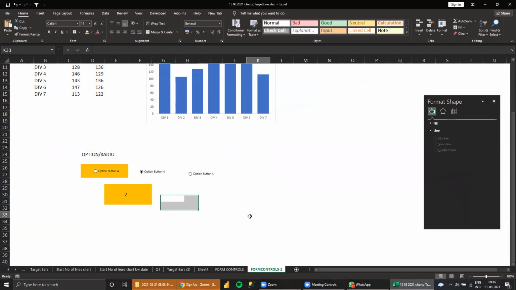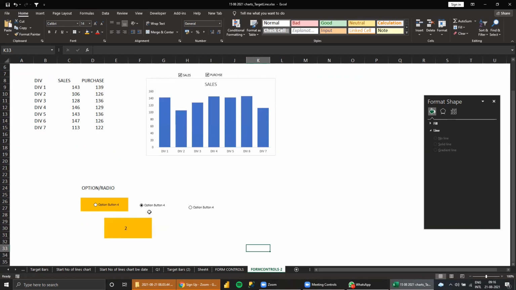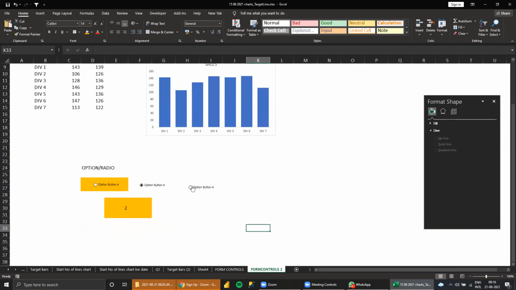Now though three are there, with checkboxes you cannot link each and every one, but by default for all the option buttons only one cell will connect.